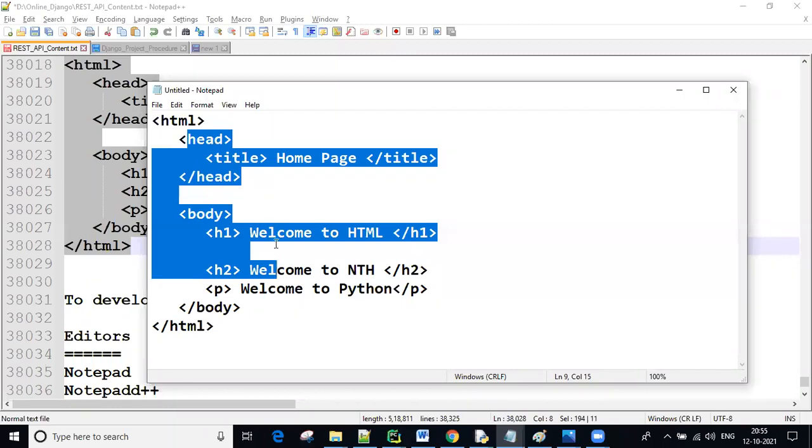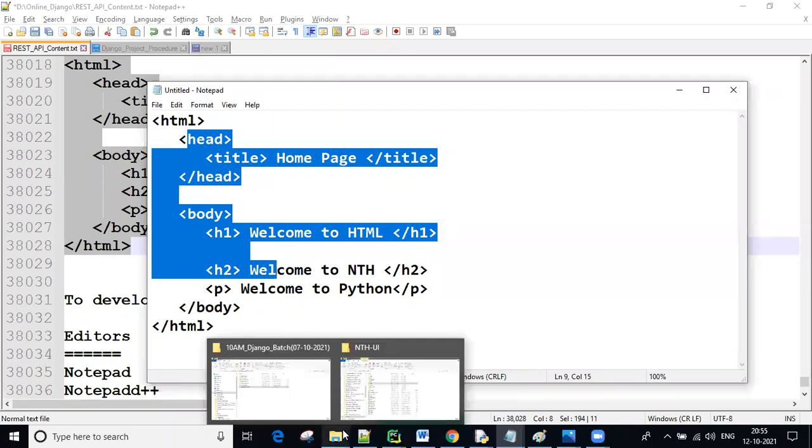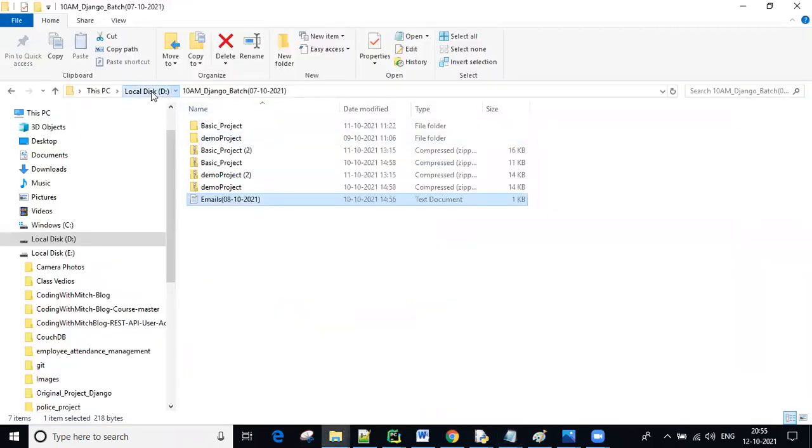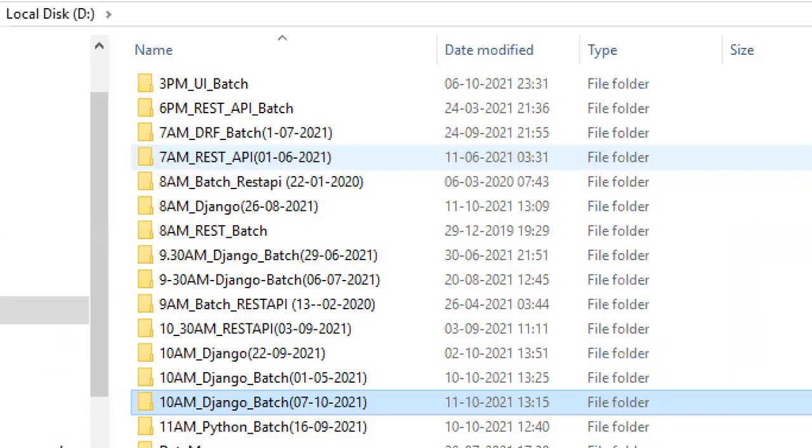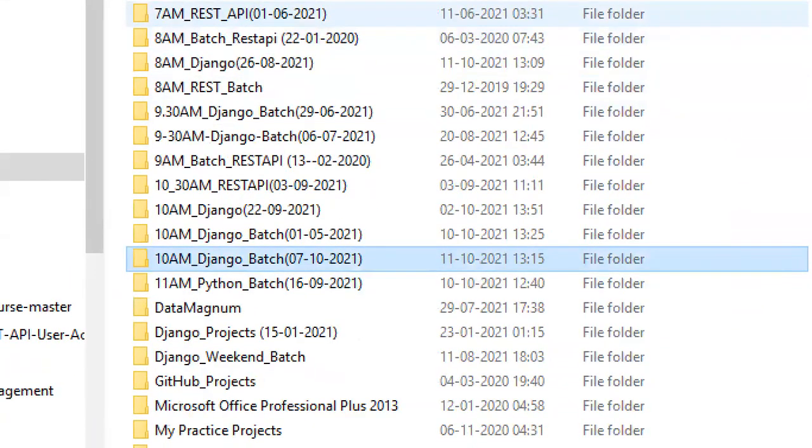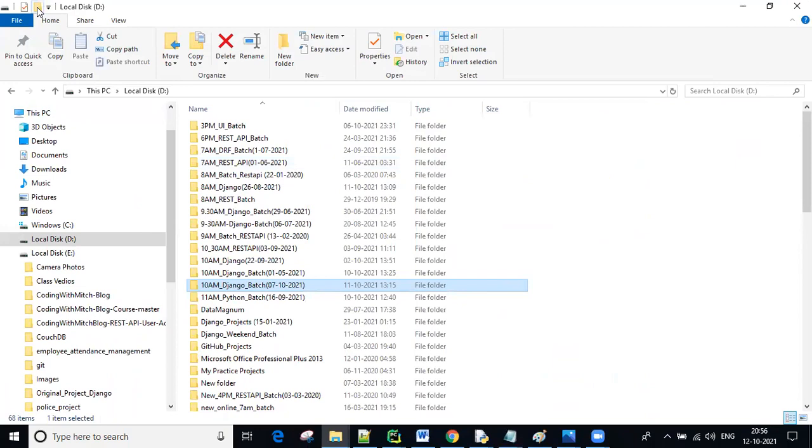Before saving, first of all, create one folder in our system. In the D drive, multiple batches are there, my regular batches. So now for our batch, we can create one more folder. Here on the top side, click on this folder.